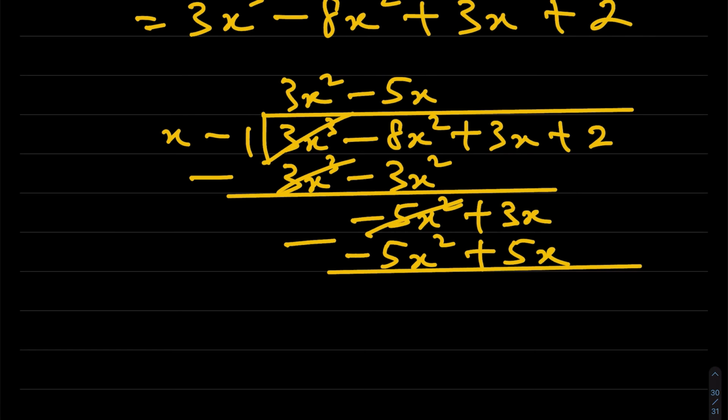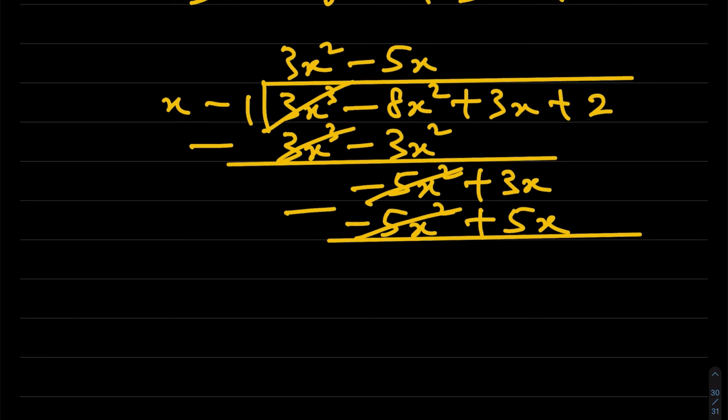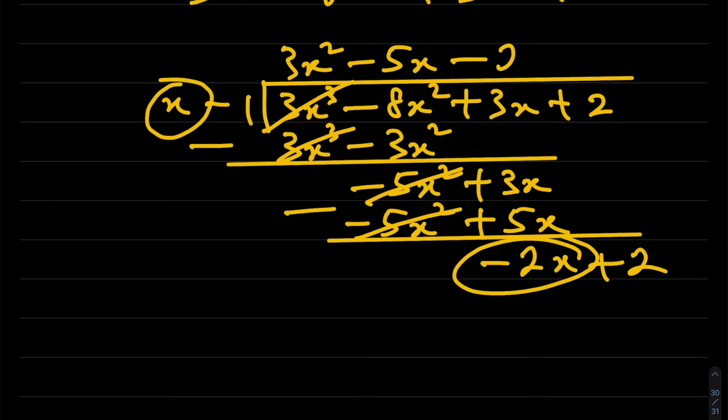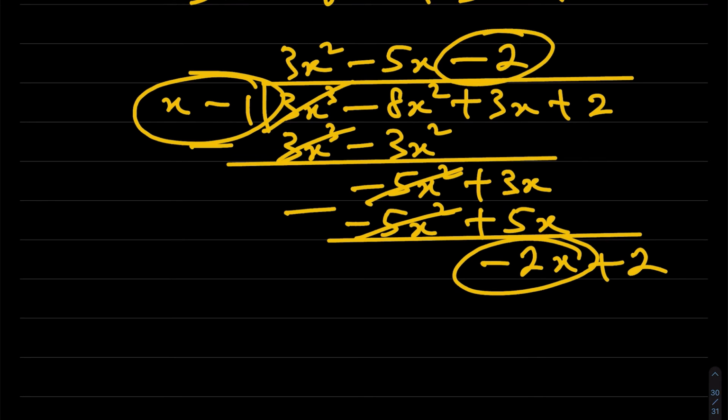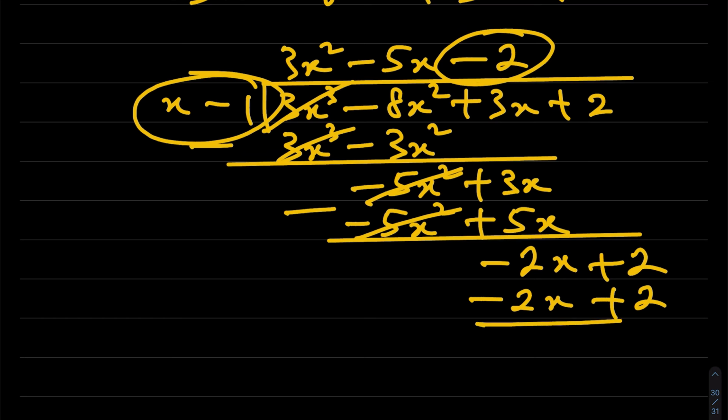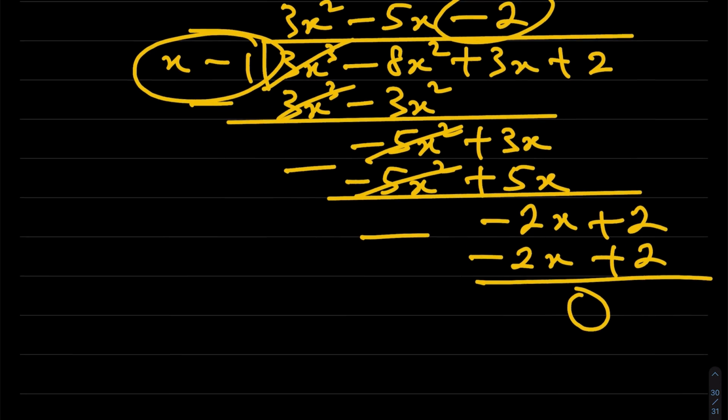Minus 5x squared minus 5x squared is 0. 3x minus 5x is minus 2x. We bring down the next term, which is 2. And we go again. Minus 2x divided by x, that's minus 2. Now we multiply the whole of this by minus 2 to get minus 2x. Minus 1 times minus 2 is plus 2. And now when you subtract, the remainder will be 0. So that simply means